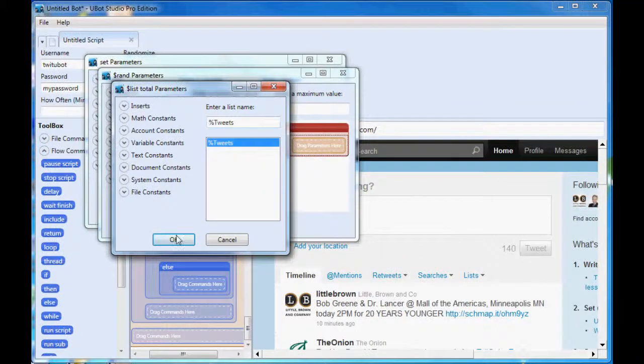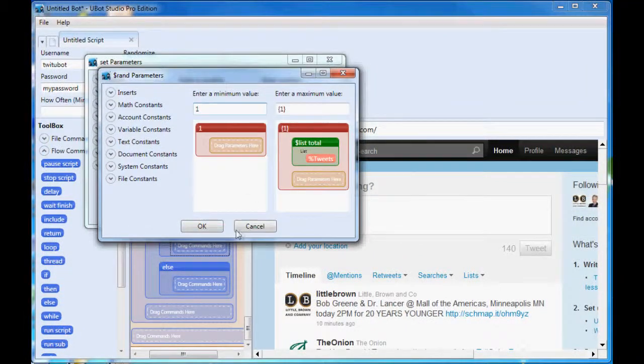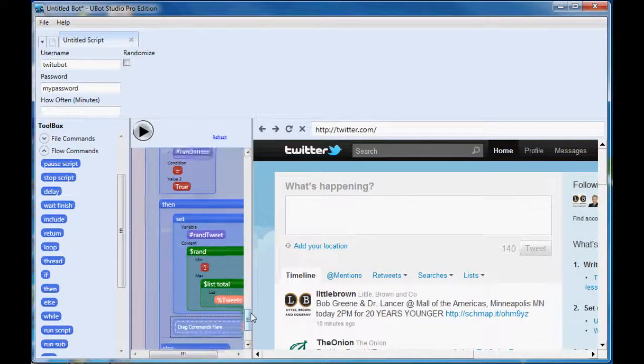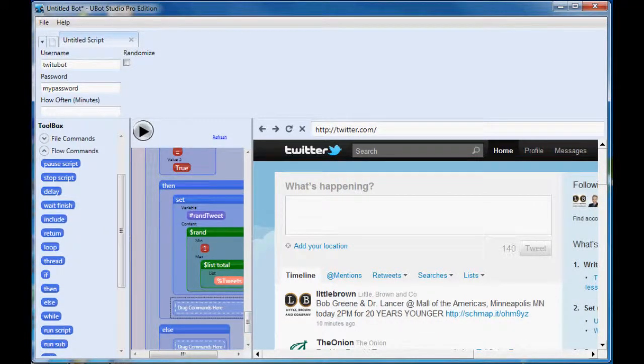From tweets. So hopefully that makes sense. And next we're going to have to put a while statement in here, and this is just kind of